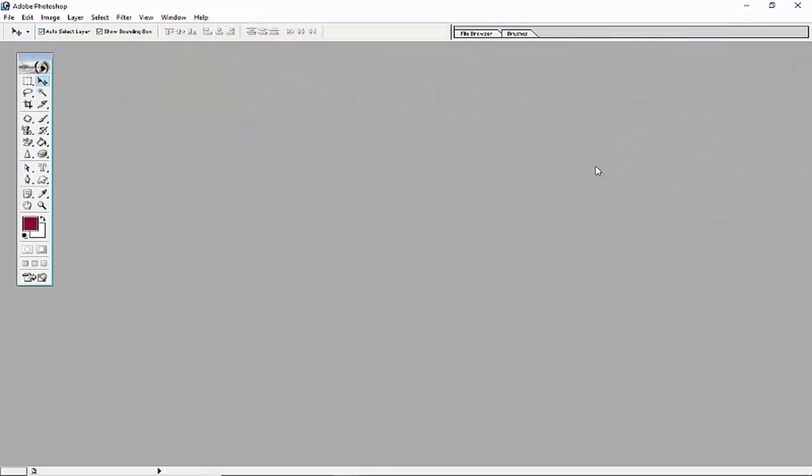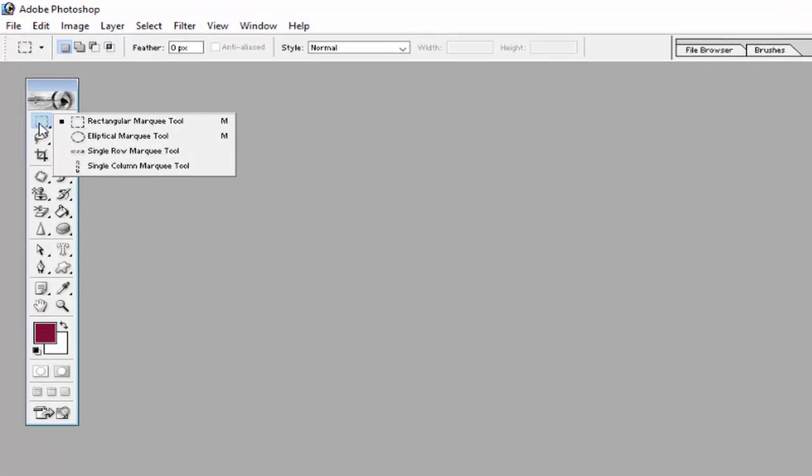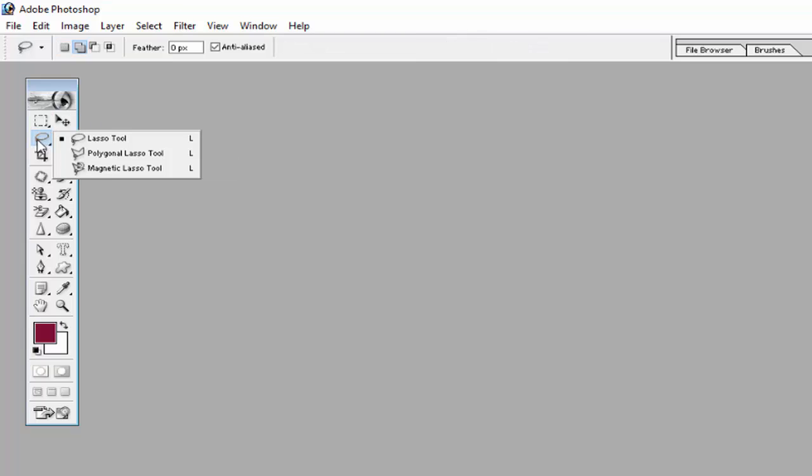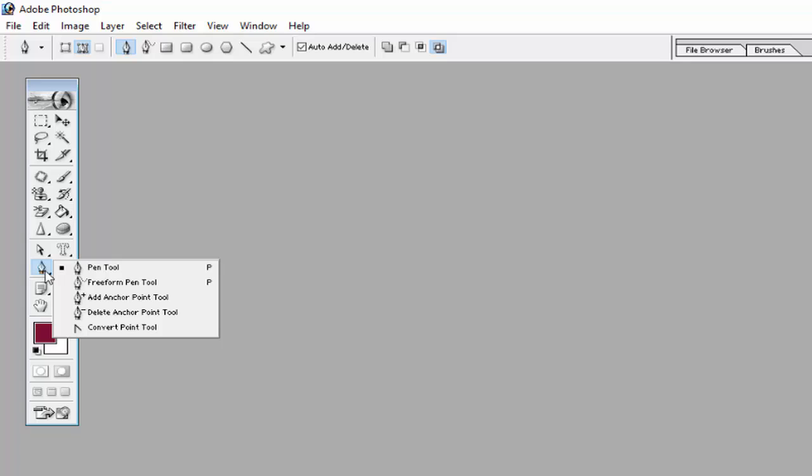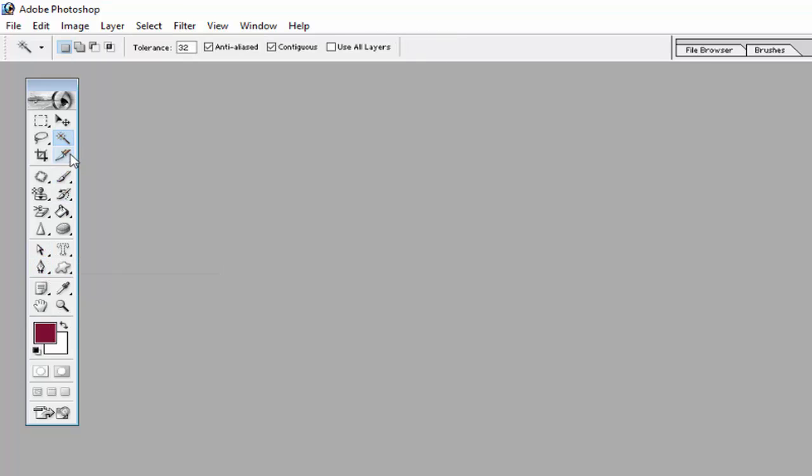Hello friends, in this video we will discuss the options of selection tools like rectangle marquee tool, elliptical marquee tool, single row marquee tool, single column marquee tool and other selection tools, lasso tool, polygon lasso tool, magnetic lasso tool, how these tools work, and other tools, pen tool, freeform path, add anchor point, delete anchor point tool, and one tool, this one, see,